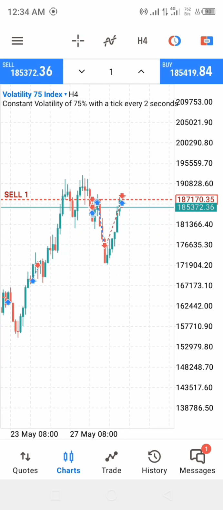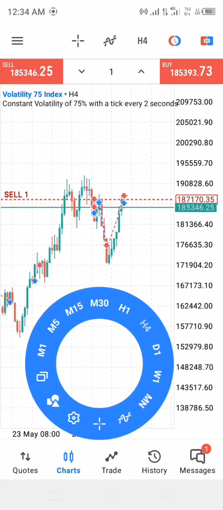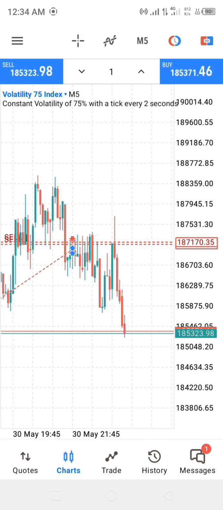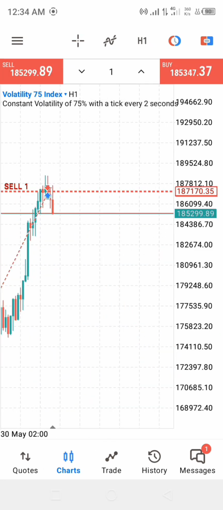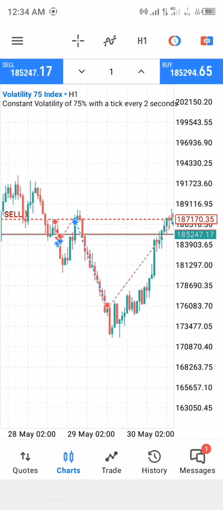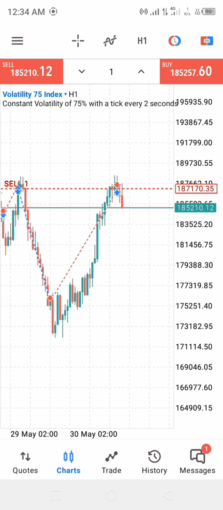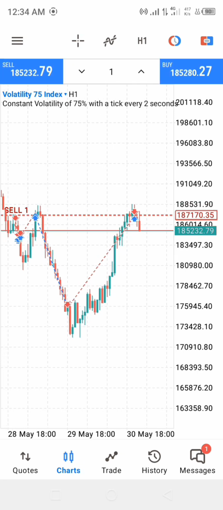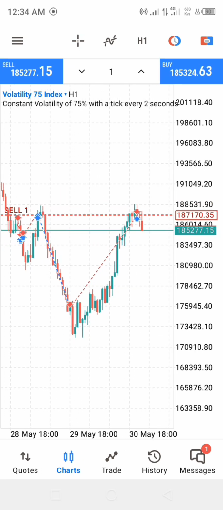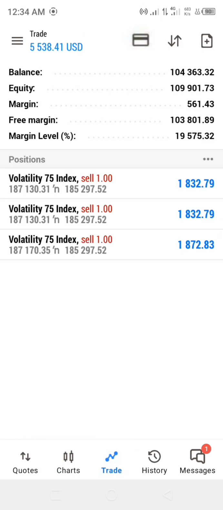Alright, let's go back to this market. Already you see how profitable we are in this market. You see the reversal, you see the reason why I entered this market, because of this particular reason. You see this market is going to go massively down, and this market is not going to stop. If we are in this market, we are going to make a lot of profit. This is a profitable market, a good market to go in. As you can see, we are making a lot of profit and we are increasing our massive profit.